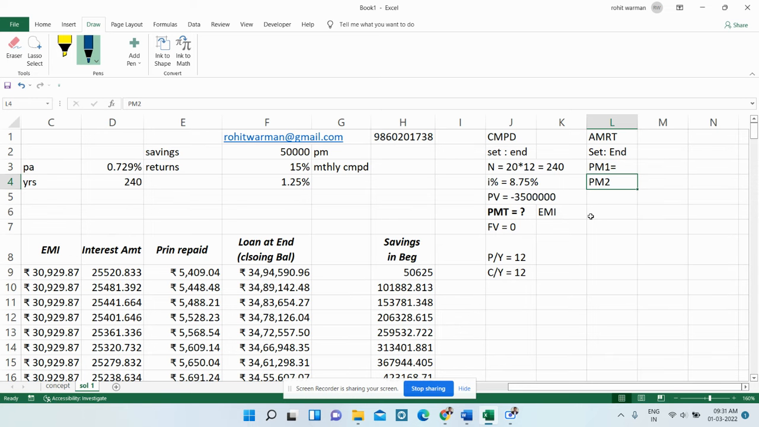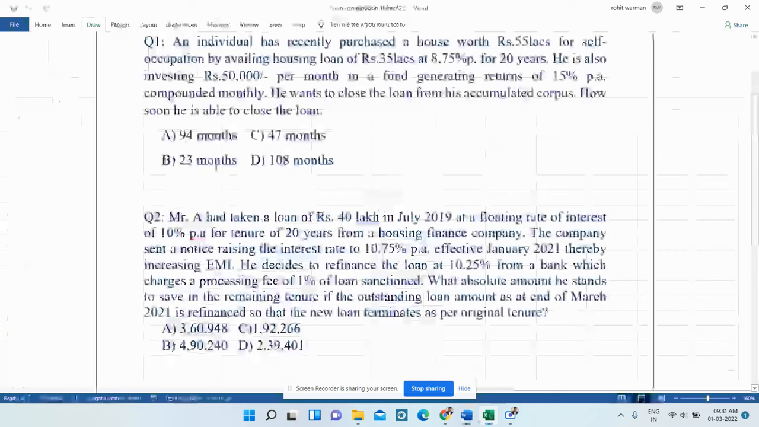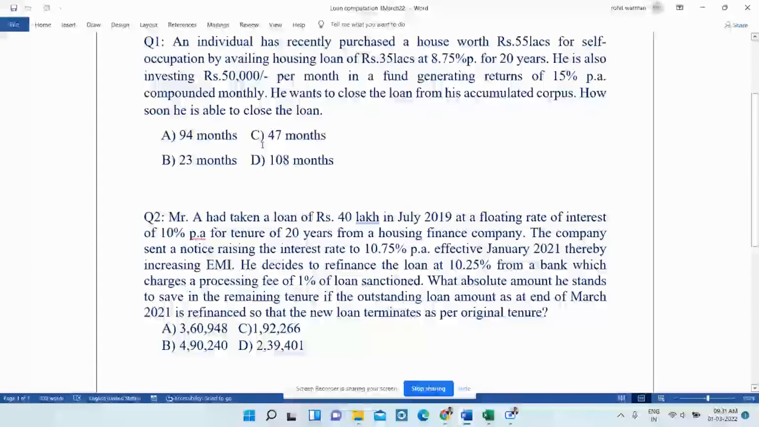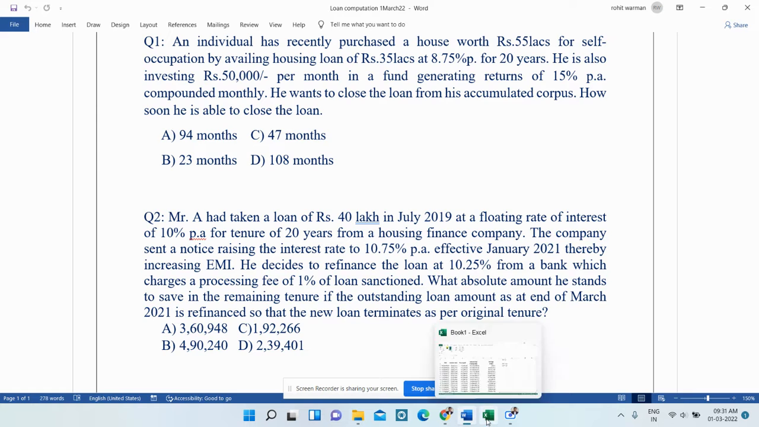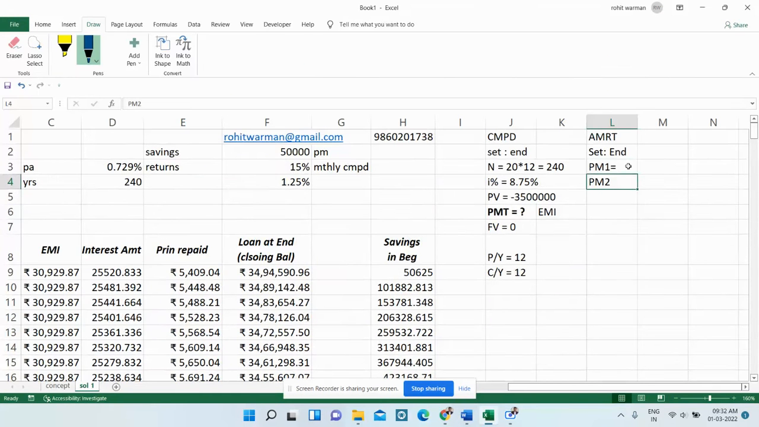Now we are doing a trial. Trial in the sense that we will first find, as per the options, the lowest is 23. Next is 47. So we have to find by the 23rd month, what is the loan outstanding? So for PM1 I will enter 23, and PM2, this is my first try,